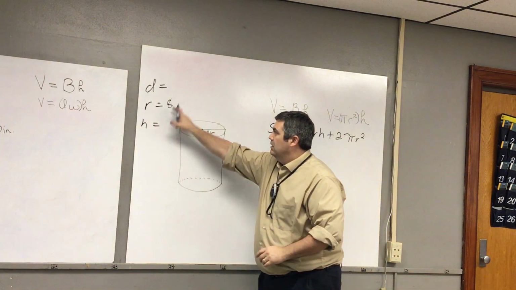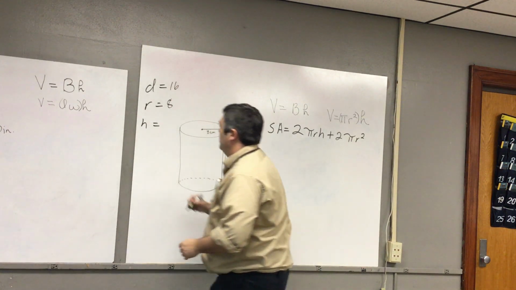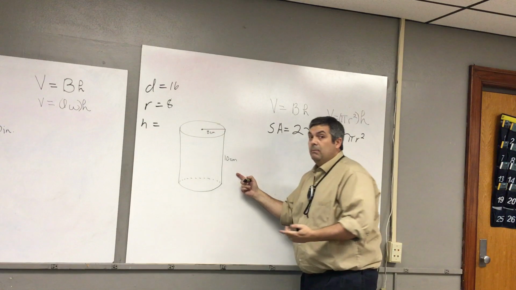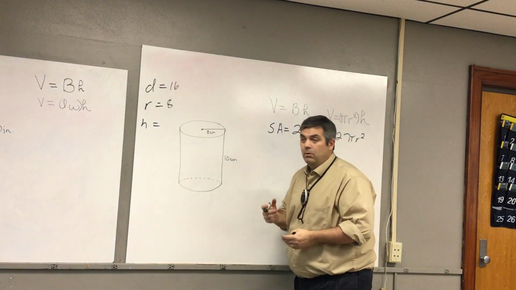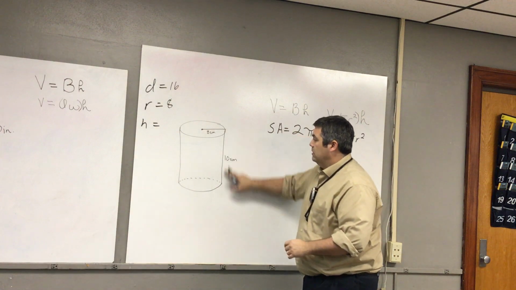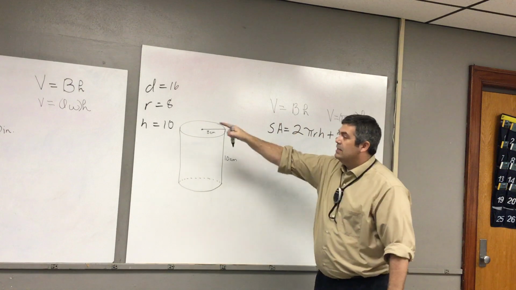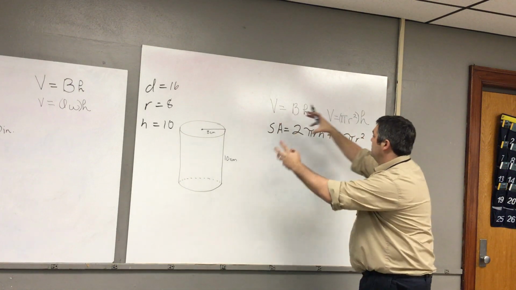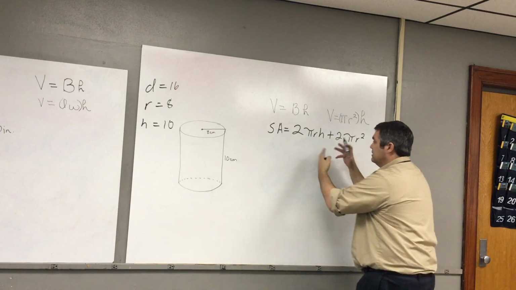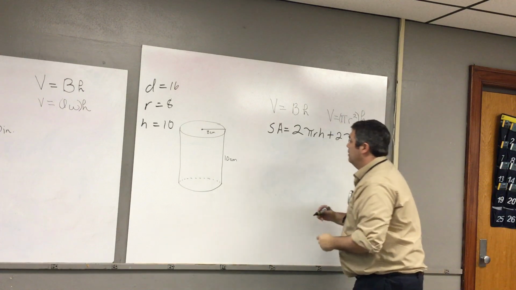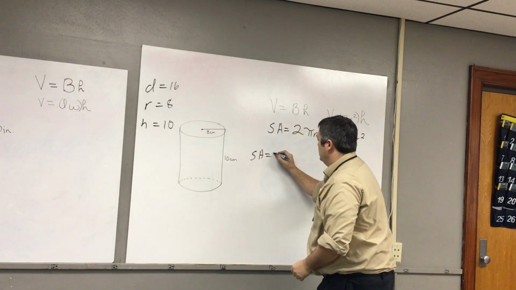Well, if that's 8, how much is the diameter? Well, it's 16, it's twice it, okay? And then the height, they should give me the height, okay? If they don't give me the height, I've got something wrong probably with my problem. I've got to look at it. So here's my height, 10, all right? Now I can take that information and substitute it into here. Okay? Once I've done that, then I just work my problem. All right, so surface area equals 2